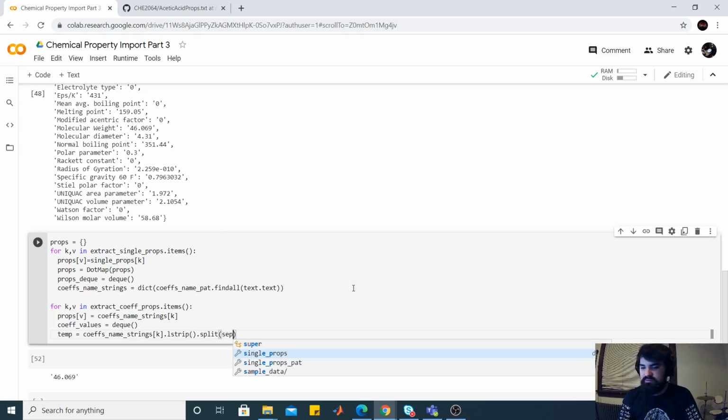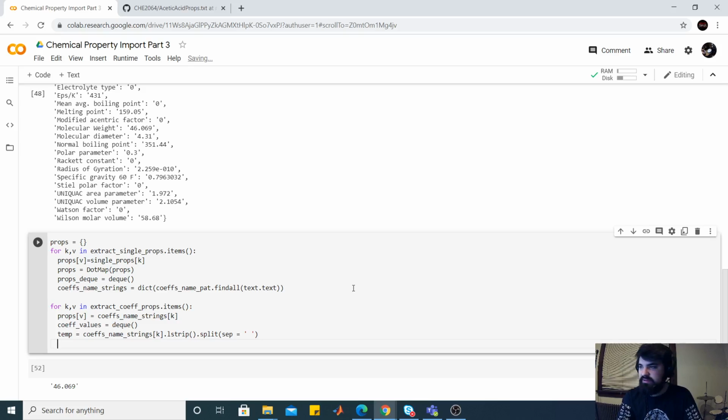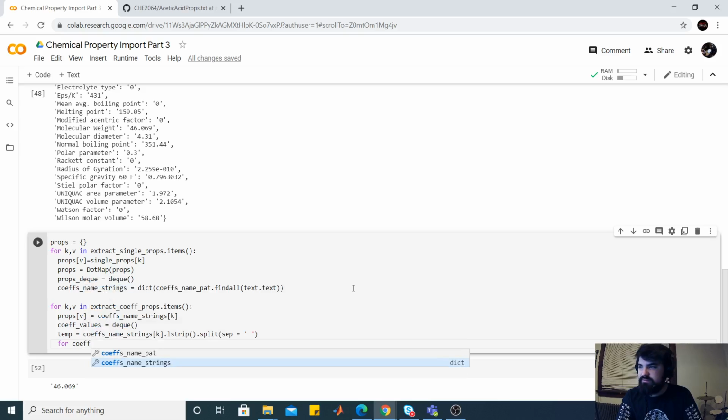We have to do this part because otherwise we'd get a bunch of spaces in our data. So first we're telling it that, and then we're saying for the coefficient, for some variable coefficients in that, what we're calling temp,